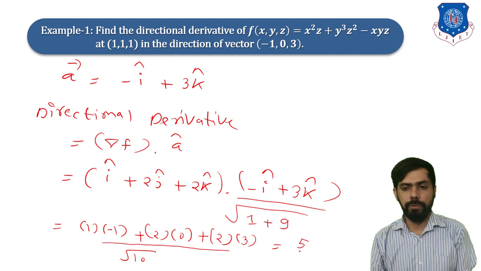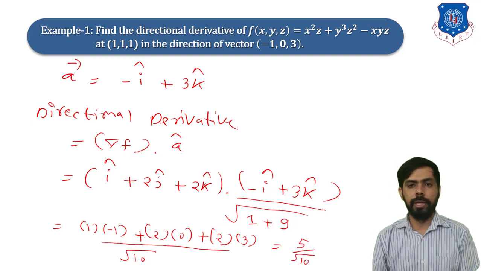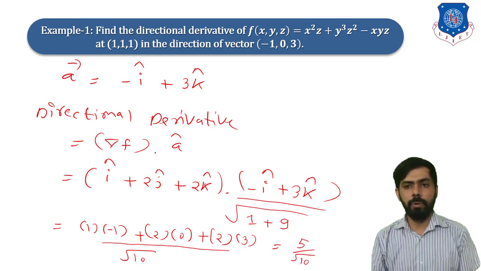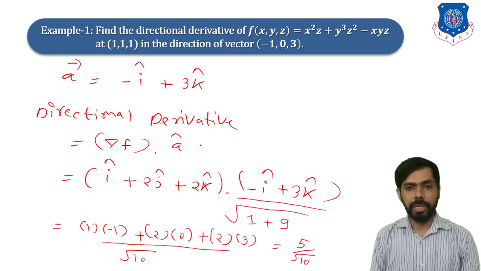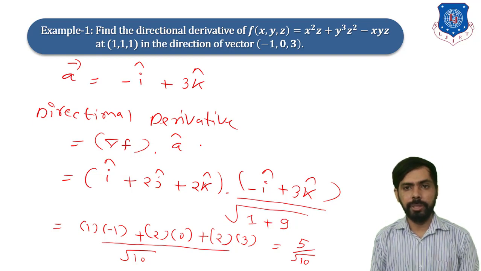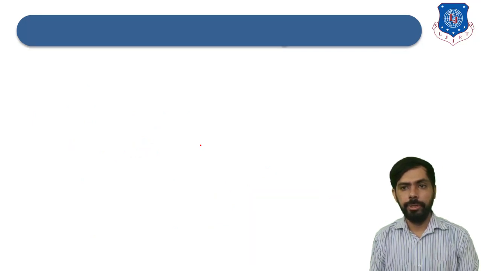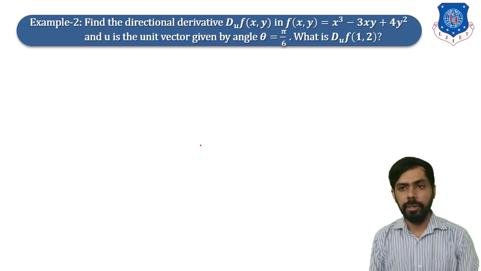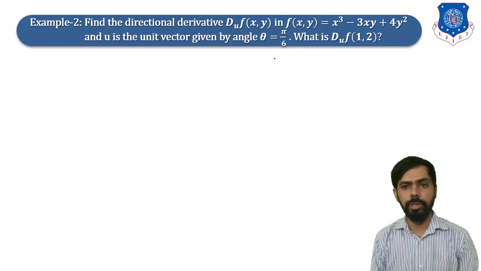Therefore, the directional derivative of function f at point 1, 1, 1 in the direction of vector minus 1, 0, 3 is 5 divided by root 10. So this is how we can find the directional derivative. Now let us discuss the second example related to directional derivative, that is, find the directional derivative D_u f of f of xy, that is equal to x cube minus 3xy plus 4y square, and u is the unit vector given